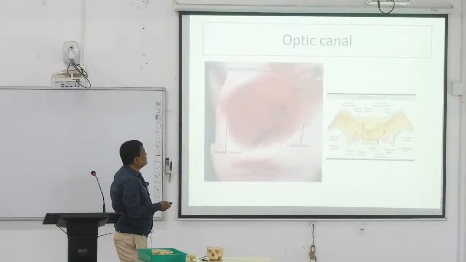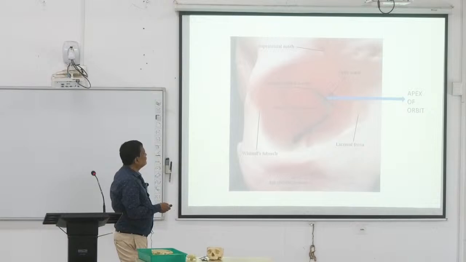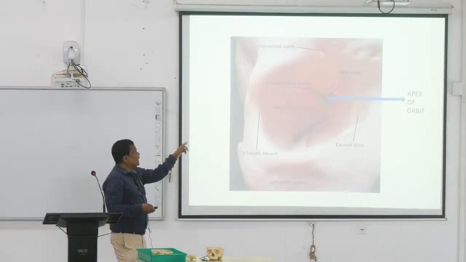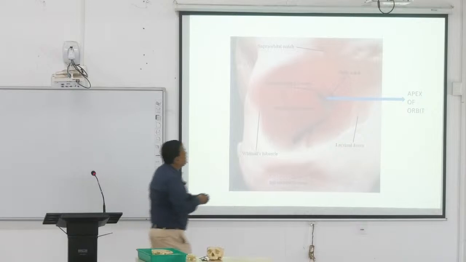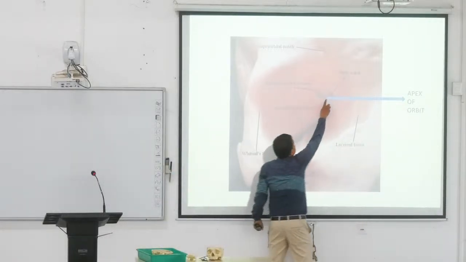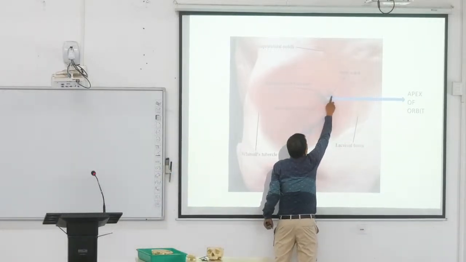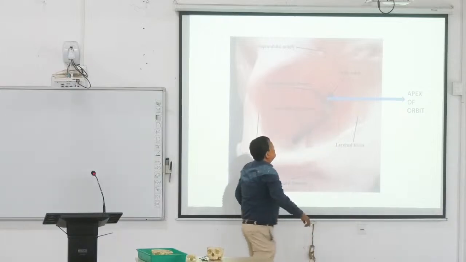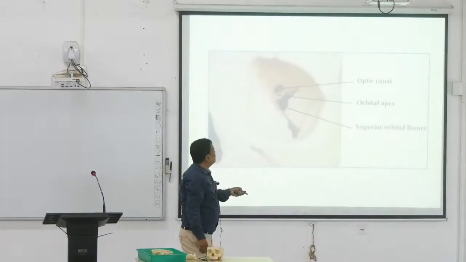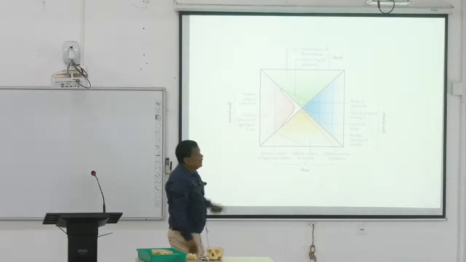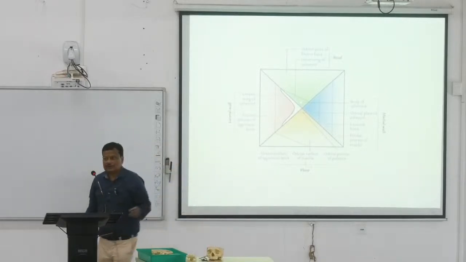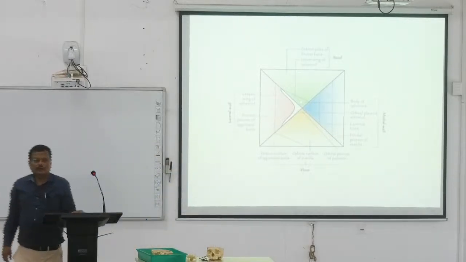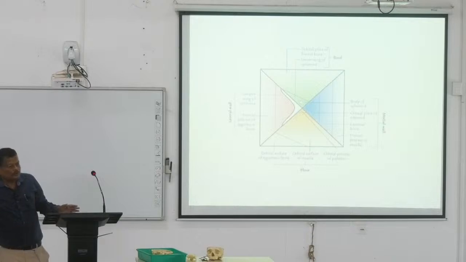দিস ইজ দ্য অরবিটাল মার্জিন, দেখিয়ে দিয়েছি। অপটিক ক্যানেলটা দেখে নাও। আর এপেক্স, ফর প্র্যাকটিক্যাল পারপাস এপেক্স অফ দ্য অরবিট কিন্তু আমরা এটাকে বলছি, এই জায়গাটাকে, বিটুইন দ্য অপটিক ক্যানেল অ্যান্ড দ্য সুপিরিয়র অরবিটাল ফিশার, দিস ইজ দ্য অপটিক এপেক্স অফ দ্য অরবিট। এই এটা বিশ্রাম সিং দ্য অসাধারণ পিকচার। এটা যদি একবার রিক্যাপিচুলেট করে নাও, খুব সহজ আঁকা।